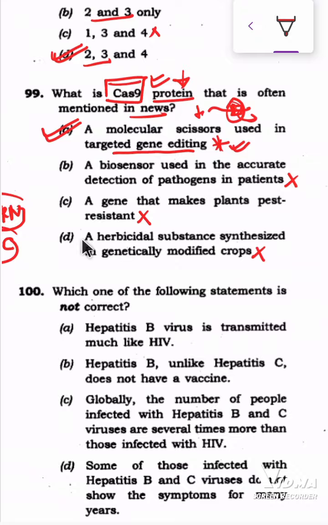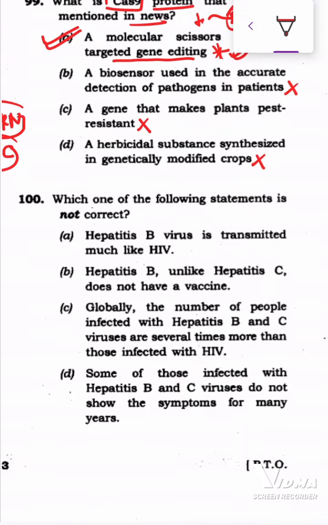Now, this is the last question. Which one of the following statements is not correct? The question is asking about what is not correct. Option A says hepatitis B virus is transmitted much like HIV. This is absolutely right, because hepatitis B virus is transmitted just the way HIV is, through semen, through fluids,